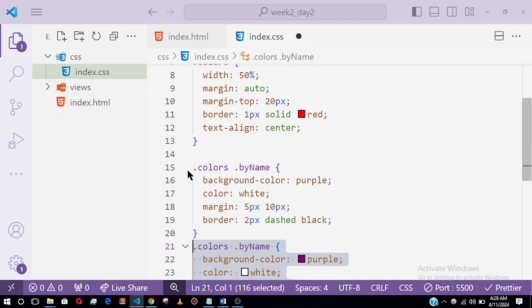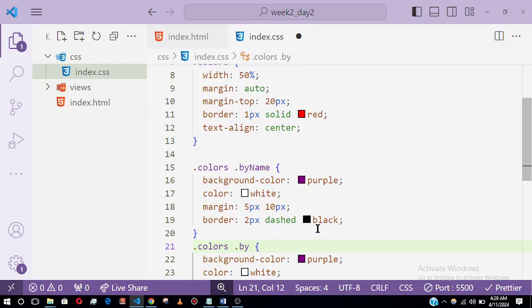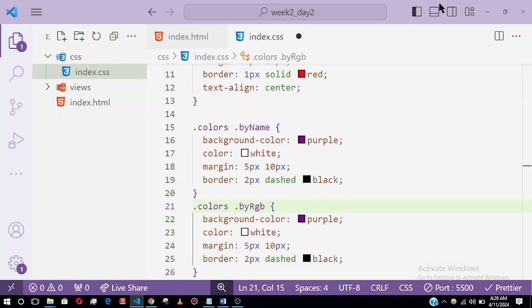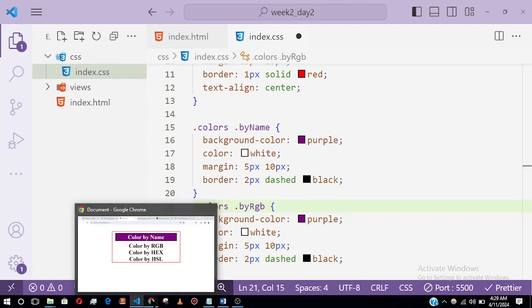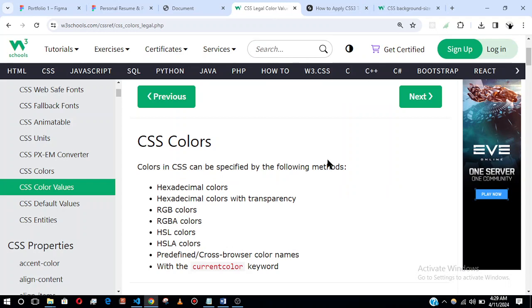Shift Alt arrow down. So I'm going to change this to by. So what's the next one? By RGB. Now, what does RGB mean? So let's go to this